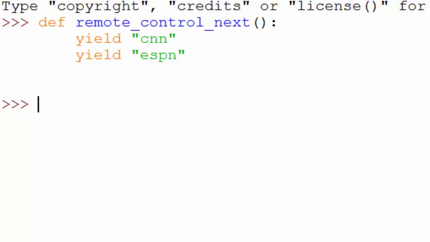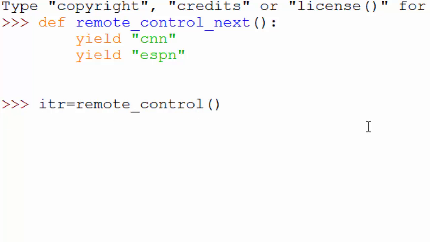Now this yield statement sounds similar to return, but it's not exactly return, because the difference between return and yield is that when you return, the function basically returns and it destroys all its local variables and so on, versus here you will see in a moment that it kind of preserves the state of last execution. So if I say itr equal to remote control, see, normally if I had return statement here, if this was return CNN, itr will get CNN